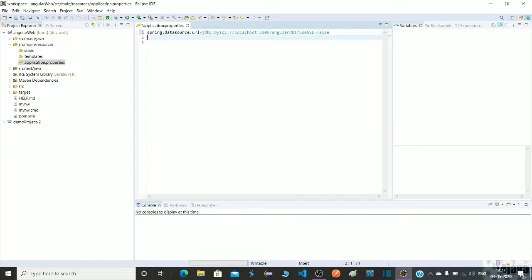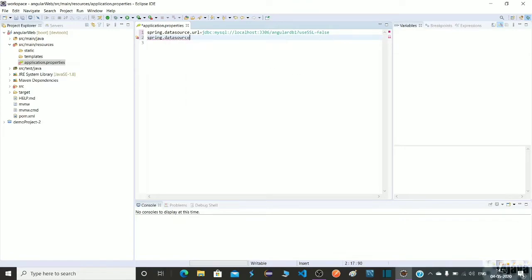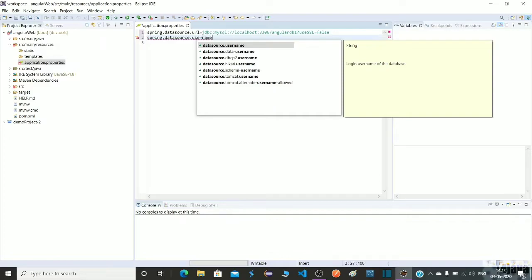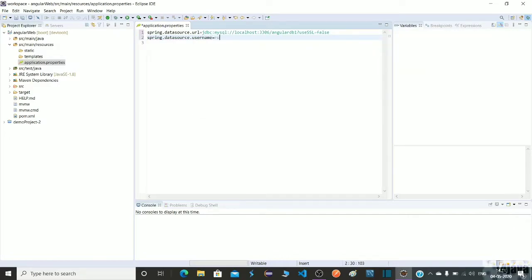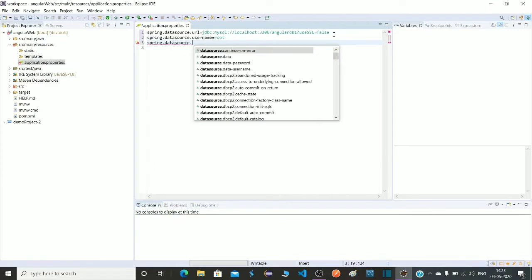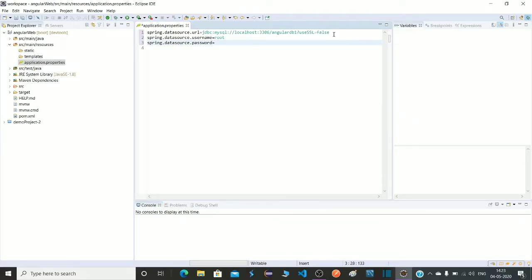Okay, and spring.datasource.username, here I am providing my username which is root in my case. Spring datasource password, K312.